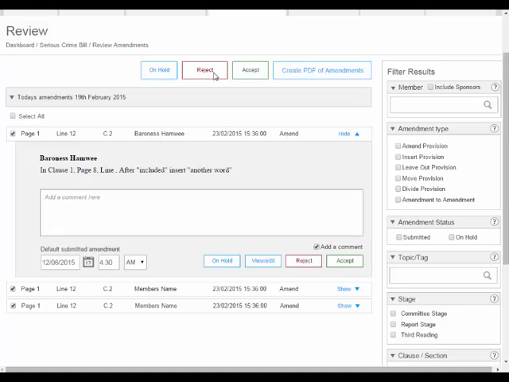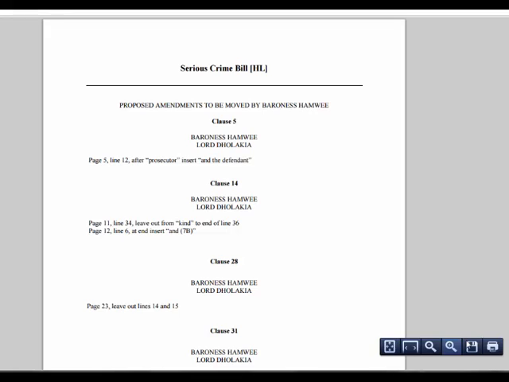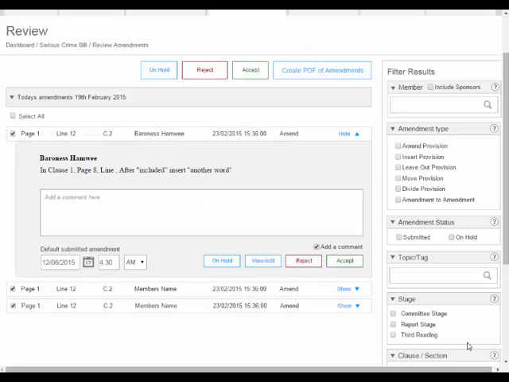It is also possible to create a list of one or more selected amendments if required. Here is an example of what that list could look like in traditional format. Finally, there is an option to filter this list of amendments if there are a lot submitted at one time. These filters include